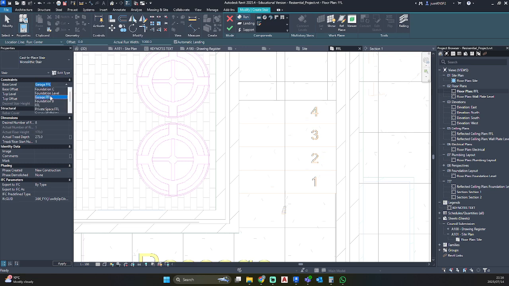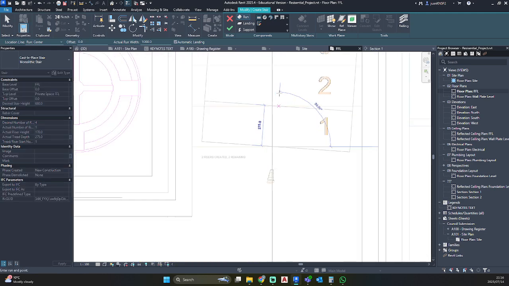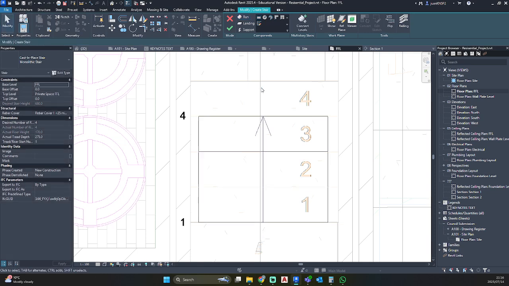So I want to keep this at finished floor level, and I want to start over here. Just going to drag it up. As you can see, it's giving us the 4th riser is at the top.